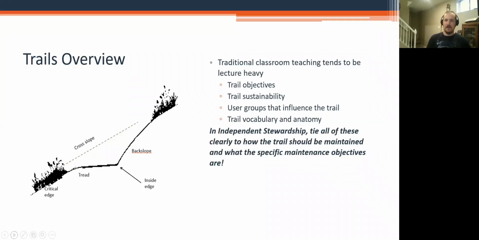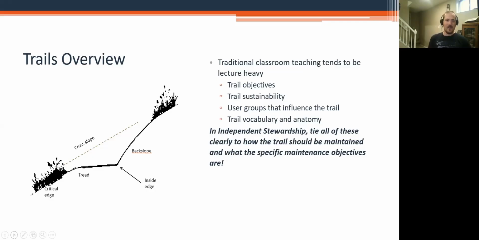That being said, in independent stewardship, you want to be tying all of these things clearly to how the trail should be maintained and what the specific maintenance objectives of the agency are, because the slight difference is that we're trying to empower these volunteers to go out and make some of these decisions on their own.